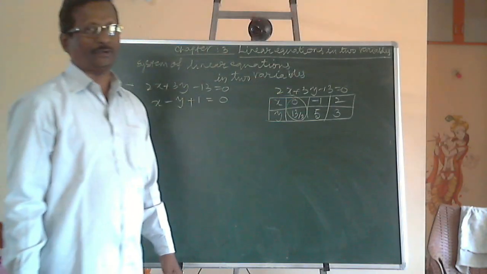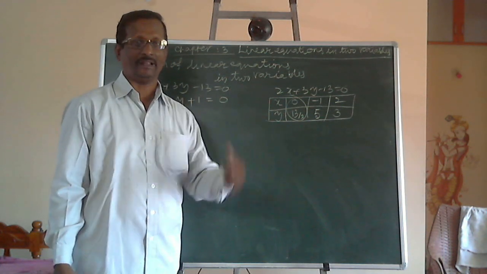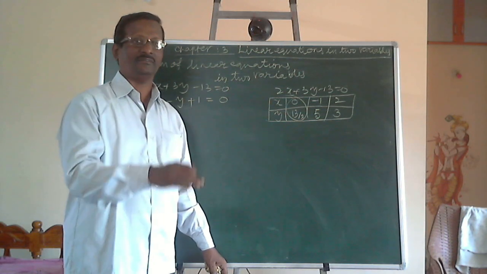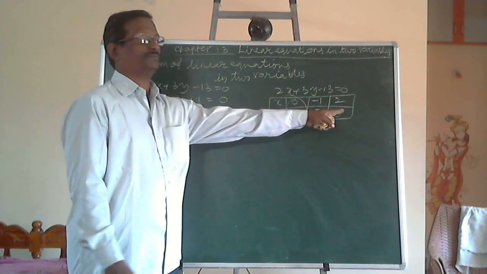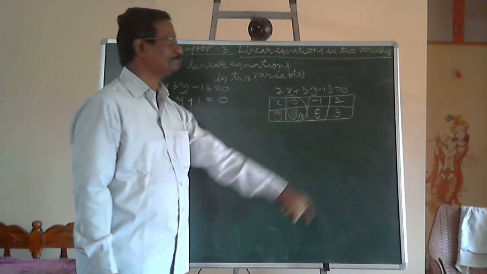Normally we prefer to give some value to x and find out every time the corresponding value of y. But if you give any value to x and find out the corresponding value of y, there is no harm. But when you give the y value first, fill in the y place and then the corresponding x value after getting it.